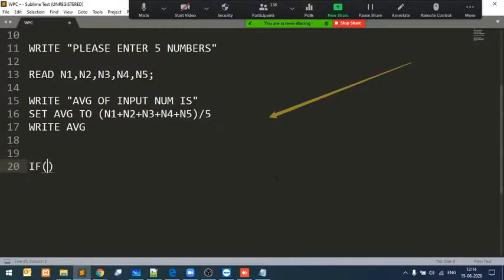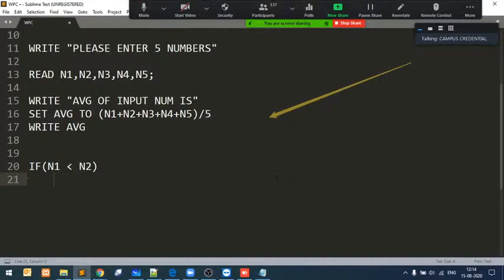Here I need to go with some sort of conditions. First of all I will check: is n1 less than n2? Definitely it is going to give me an output, a true or false condition. If it is true,